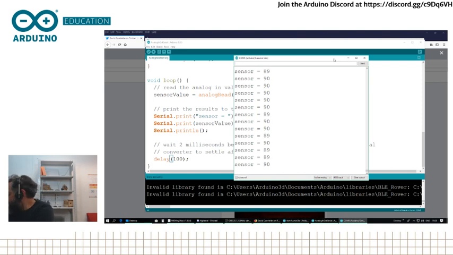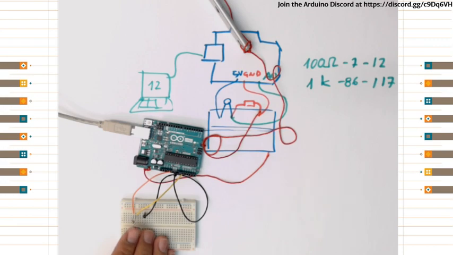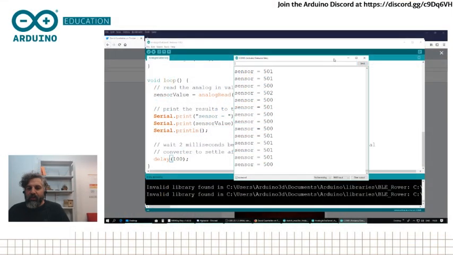So let's see if I take the 1K out and I put a 10 kilo ohms resistor instead, which is again 10 times bigger. Okay, and here we go. So right now, we have changed the resistor. You see it's a different one. Right now by default I get 500, so I will take a note of this. With 10K I get 500 by default, and I'm gonna heat it up now,